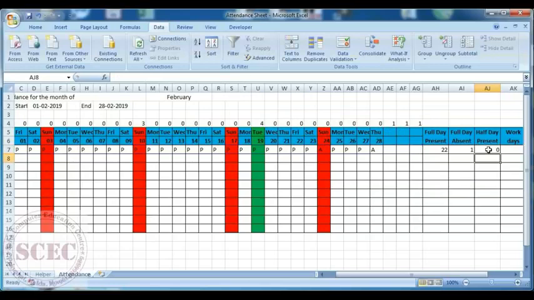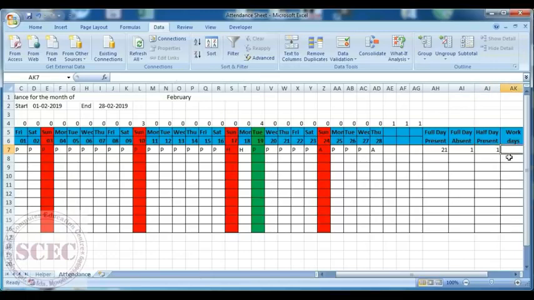Here it's 0. So I will give H and H here. I put 2H, but the count is 1, because 1H is on Sunday, so it is not counted, and the other is on a working day, so it will be counted.